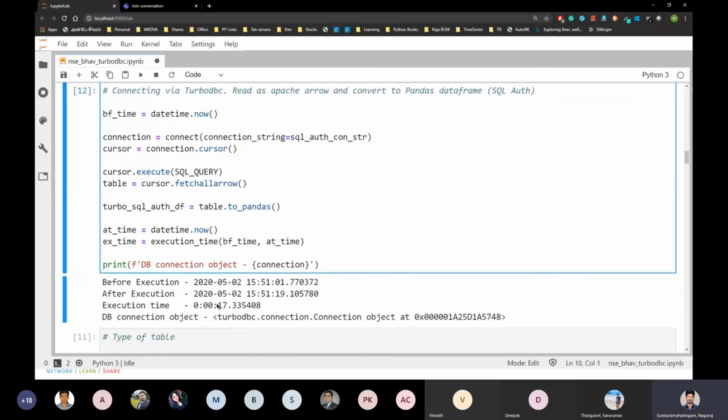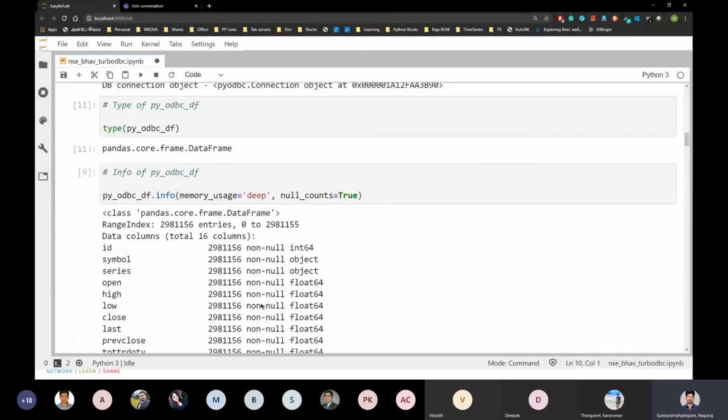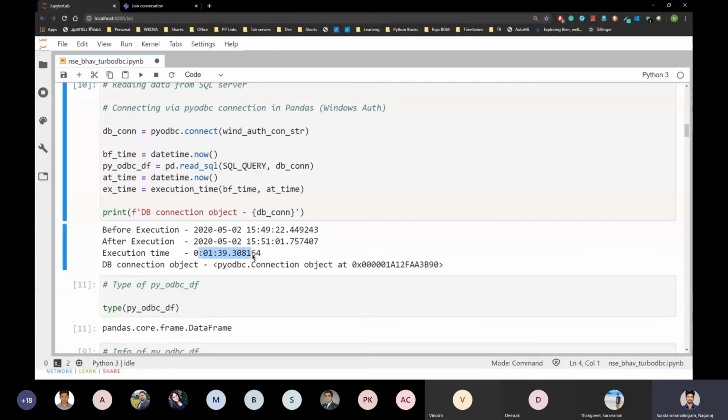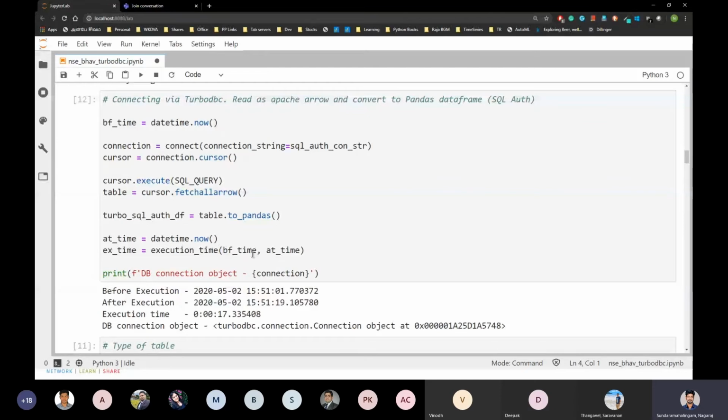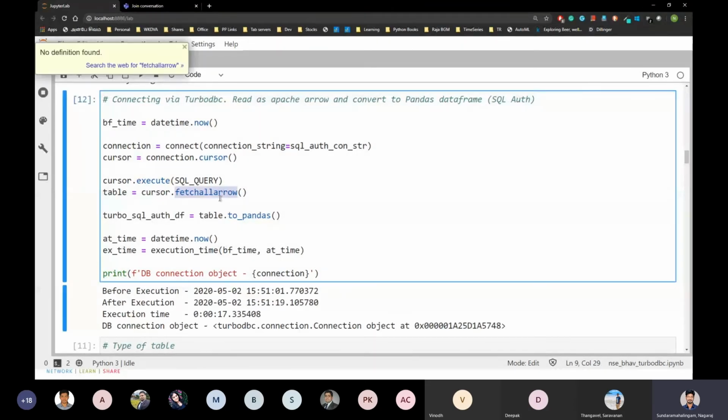So it takes 17 seconds, and the other one takes 1 minute and 39 seconds. See the difference, how fast it retrieves data from your traditional RDBMS. Even though I'm reading all the content as an Arrow table and then converting that table to Pandas, my time starts here and ends here.